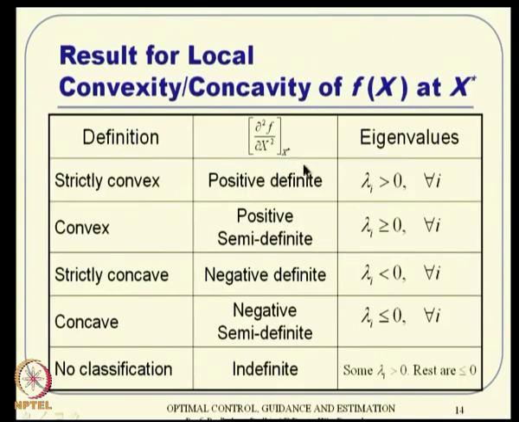The idea is like this: you have a candidate solution x star. At that point you can evaluate this, and if it is a scalar variable, it is just a number, but in general it is a matrix, as we have seen in previous lectures. This particular matrix can be evaluated here, and if it happens to be strictly positive definite, that means all lambdas are strictly positive. Remember, this is a symmetric matrix, guaranteed to be, and hence the eigenvalues are all real.